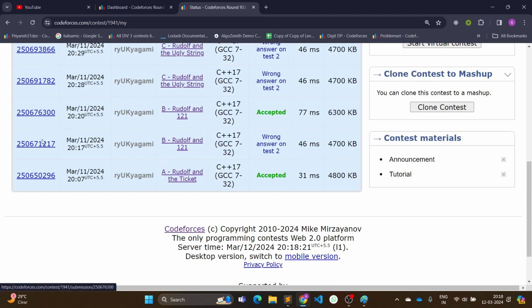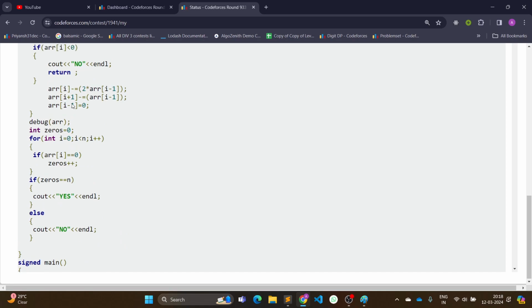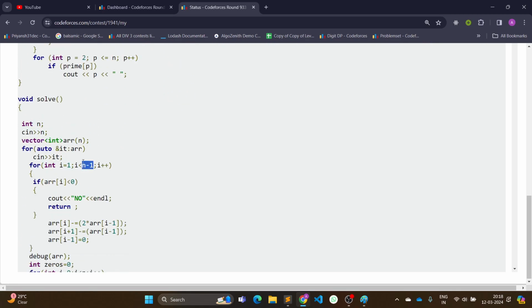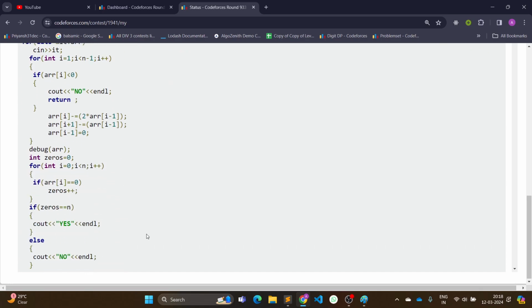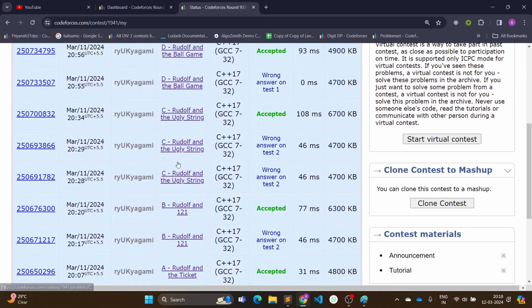Hmm. I got a wrong answer on test case two, because of this condition. This must be done after I have done this operation, not before. That is why I was getting a wrong answer, because it is not checking for the nth element. Alright, so the right implementation is,